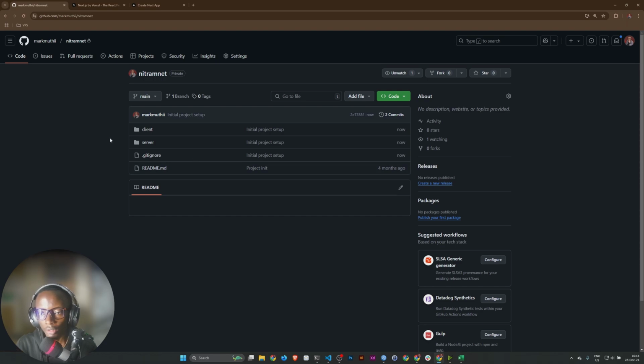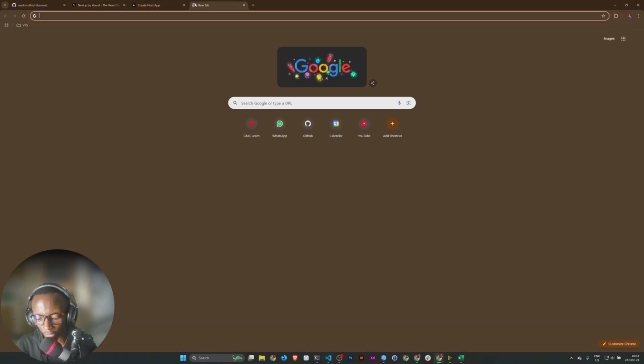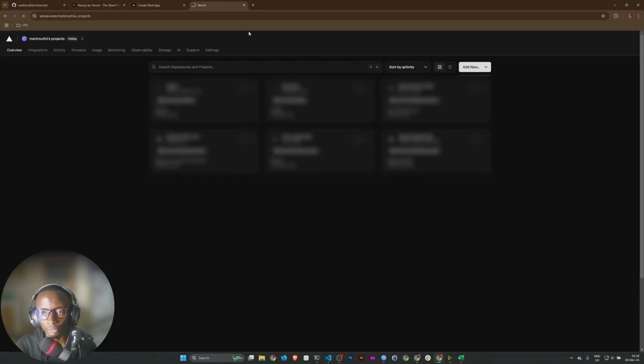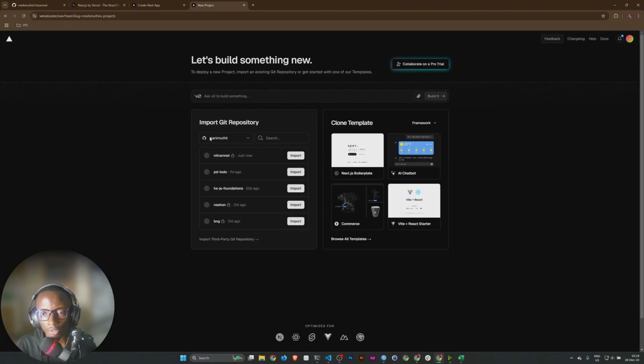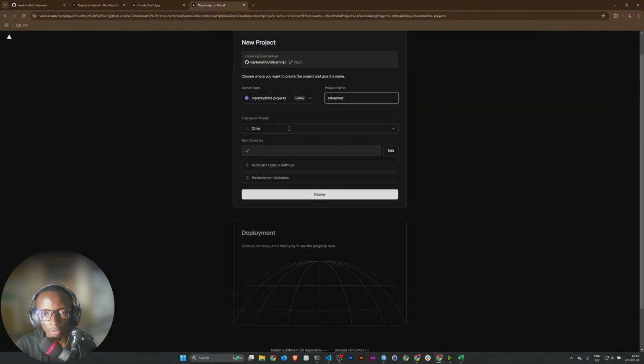That's perfect. So the next thing I want now is to go over to Vercel and create a new project. So new project, import git repo. So import that. Project name, Nitram, that's okay. I'll select that this is NextJS because it is the framework that I want to build the front end with.